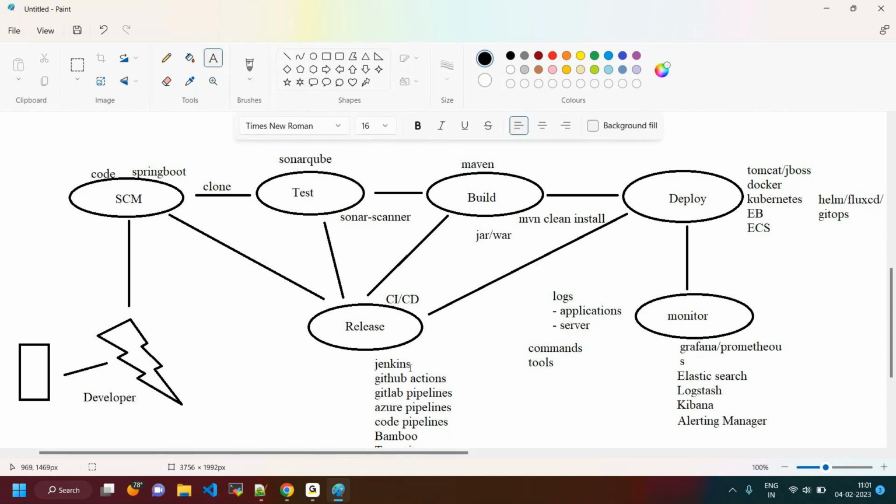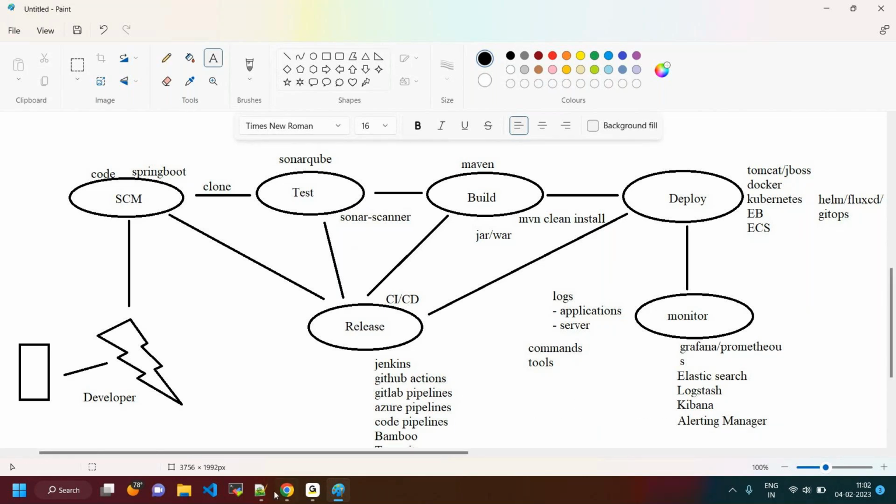Okay, got it? Yes, sorry to interrupt you, Naresh. Yeah, please. So, are you going to explain about the monitoring tools in depth? Yeah, I'm going to be explaining about the Grafana installation setup. I'm going to be showing this installation setup, and then I'm going to be showing how to create the dashboards and all. And I will show you how to integrate this alerting manager, how we are going to be getting the alerts as well. Yeah, okay, thank you.